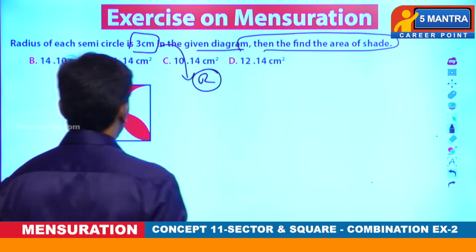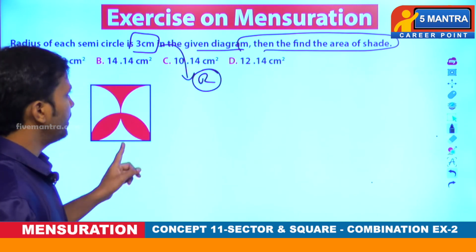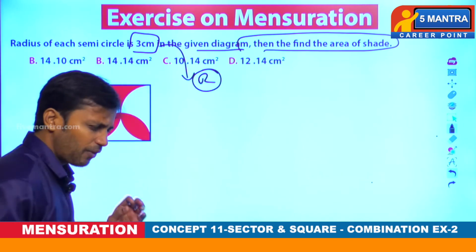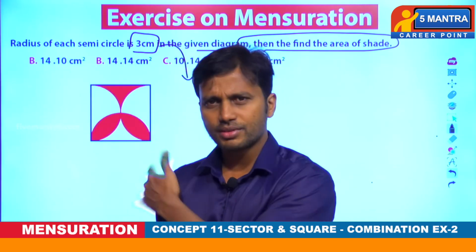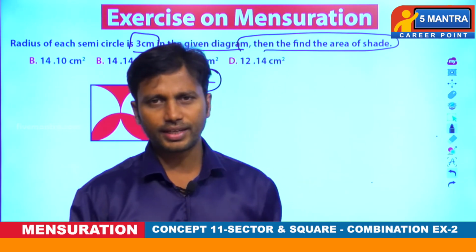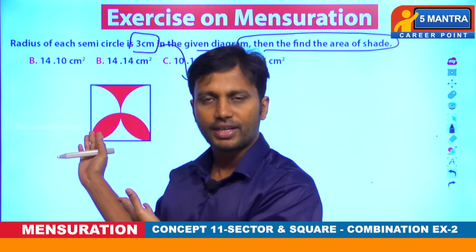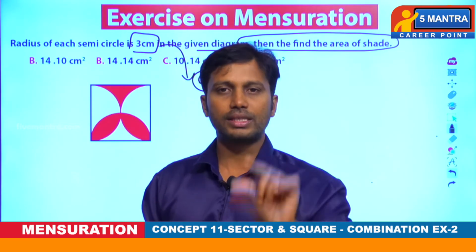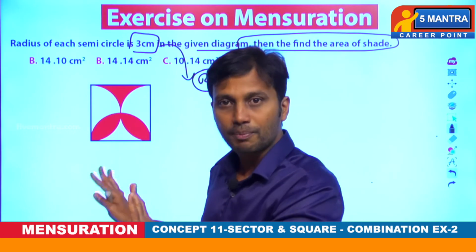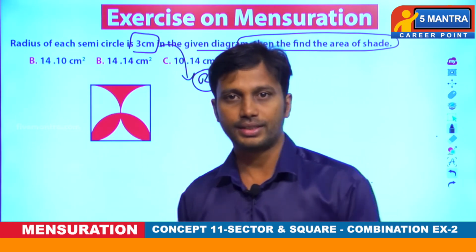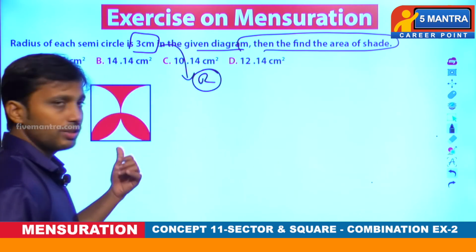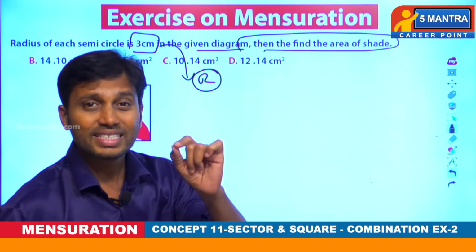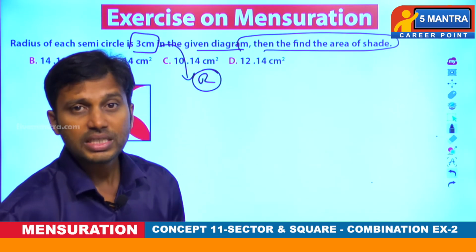Let us see. Here just look at this, boys. We have been given the radius of each semicircle. For finding anything related to this flower diagram, of course this is also one part of the flower diagram only, but our mother flower diagram consists of 4 semicircles and 4 petals. Here there are no 4 petals, it's an incomplete one, and in that you are asked to find the shade. Now what do we have to do in this? First of all, to find any measurement, you need the side of the square.